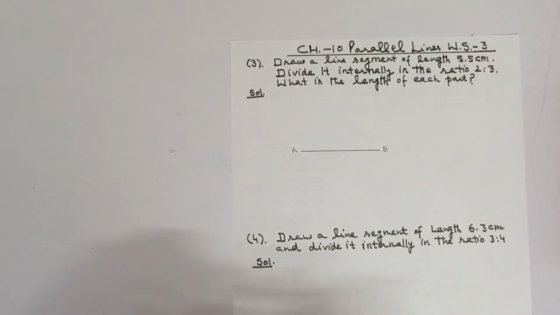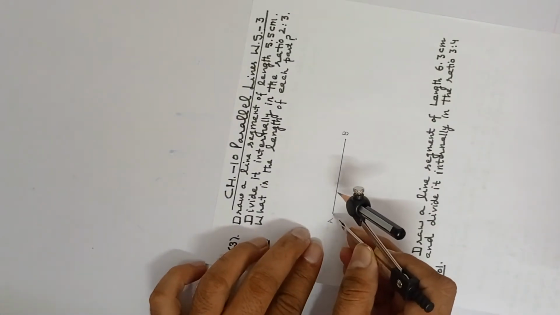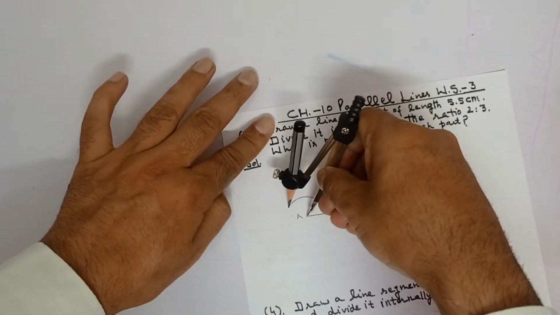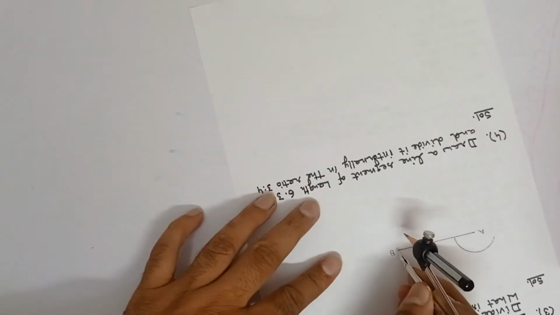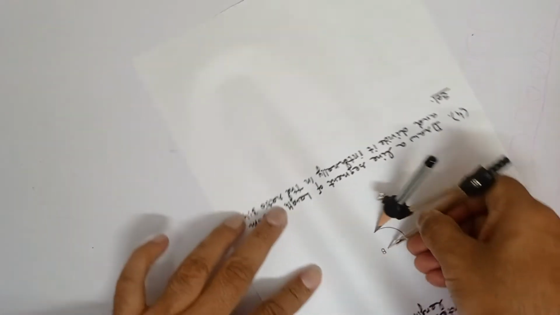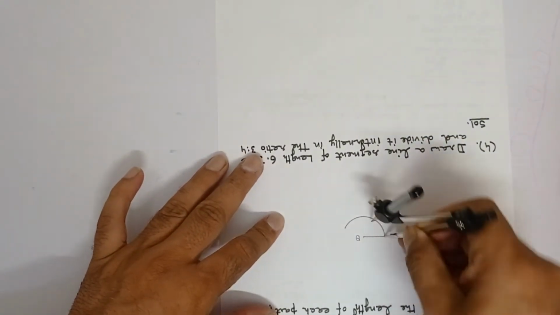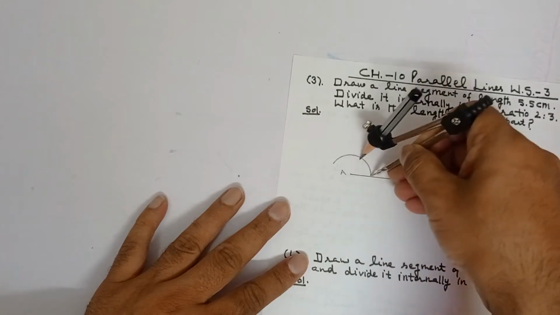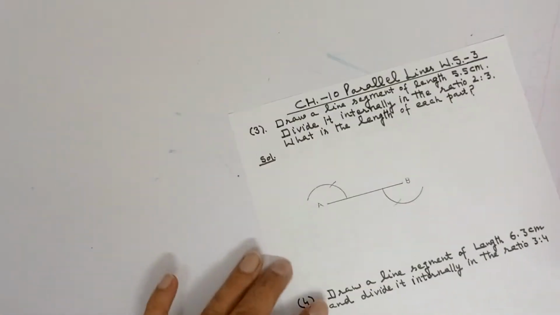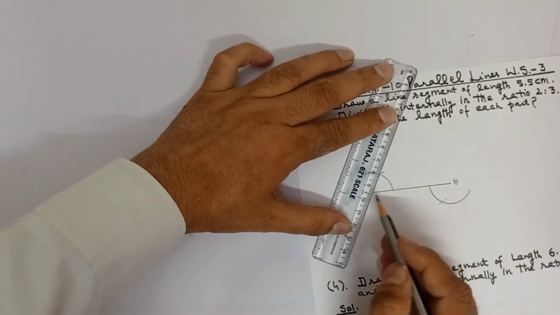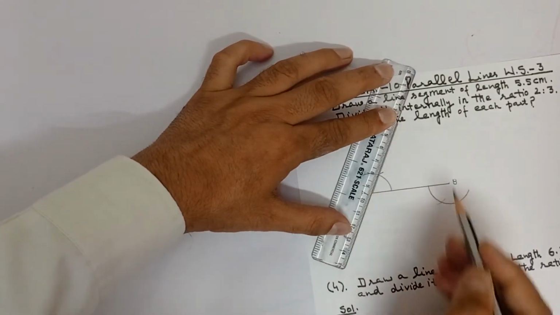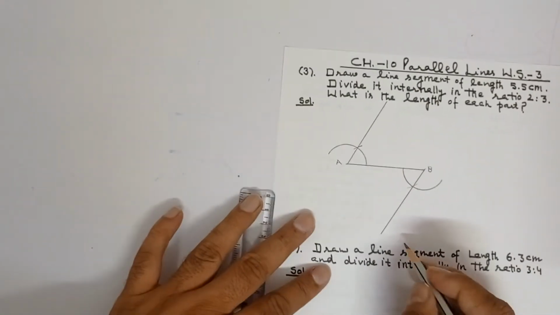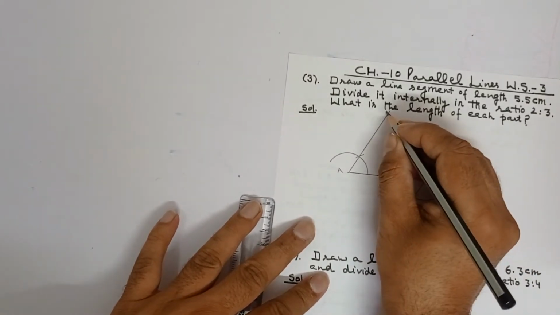As previously, make a 60-degree angle, an acute angle, at point A. Make an arc here also, keeping the compass tip on B below AB. From here this is an arc of 60 degrees, and keeping the compass tip here, this is another arc of 60 degrees. Draw this line and extend it. Similarly here. This is an arrow and this is an arrow.